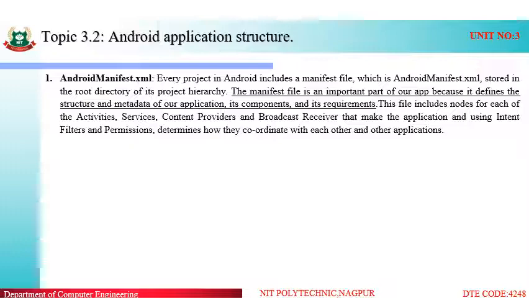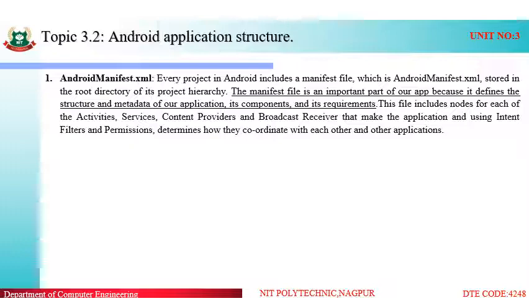Here project we call application, so it is stored in the root directory of the application. The manifest file is an important part of our application because it defines the structure and the metadata of our application. Along with that, it contains components and their requirements.